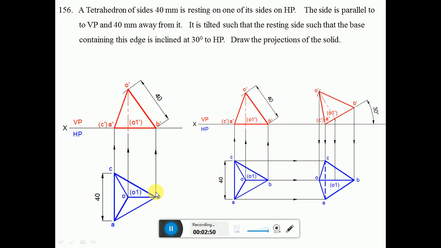Now I am going to project these points. Draw a vertical projector from AC, and draw a vertical projector from B to the XY line, which will give B dash, and then draw a vertical projector from O1 to intersect. So O1 dash will intersect at the XY line. Then we need to find out what will be the height of this O dash. This will not be the vertical height of O dash, O1 dash.